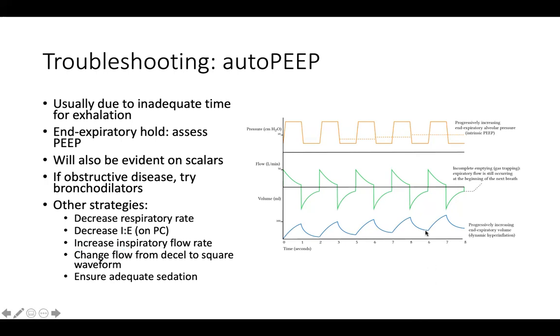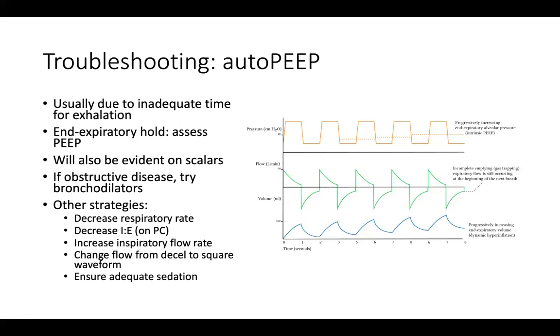And so what you can appreciate here on the right, if you look at the flow waveform first, we are in a pressure control mode with a decel waveform for flow. You can see the inspiratory limb of the flow above the x-axis, and then the breath is delivered. You see that line deflect and flip negatively, and then you can follow that and see that the patient is exhaling. And what I hope you can appreciate is that as you follow that flow curve through the exhalation below the x-axis,